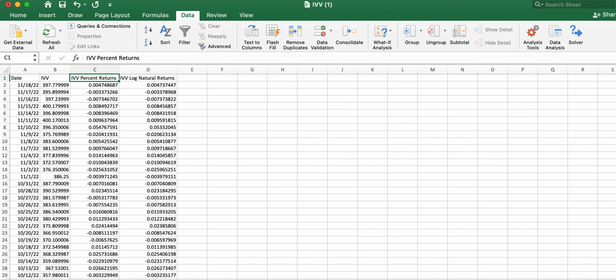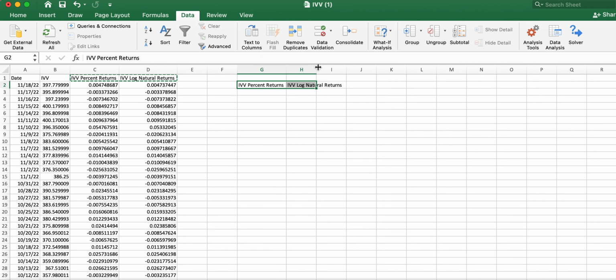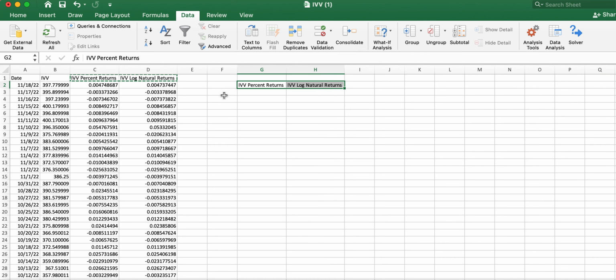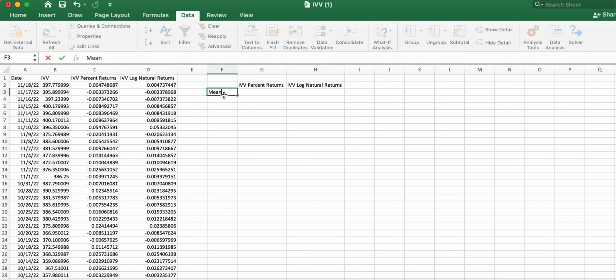This video is going to demonstrate how to create the descriptive statistics for our returns. So let's go ahead and create a small table. We're going to compare the percent returns to the natural returns. Now we're going to have the average, or actually let's call this the mean, standard deviation,